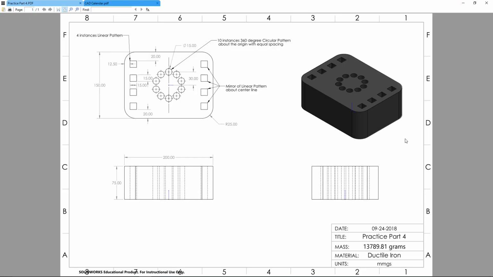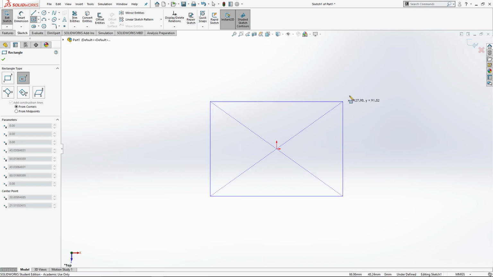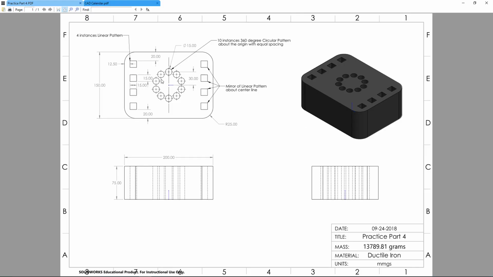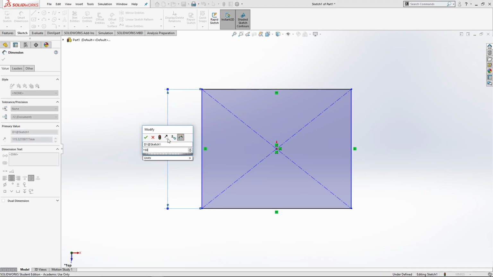So I've got MMGS, and I know it might not look like it, but we're going to start with a center rectangle. Rectangles have the pointed off corners, but we're going to use the fillet command to give us these nice rounded corners. So sketch, top plane, going to go with a center rectangle, and I'm going to dimension it 150